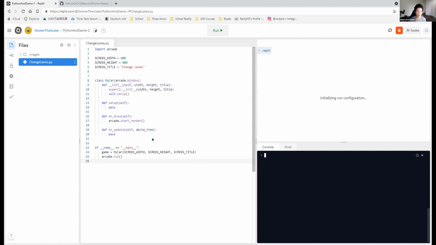So everything you have right now, I'll go over it. Basically we have three constants, which are just a fancy way of saying numbers, values that never change throughout the program. So we're gonna create a screen with a width of 600 pixels, height,